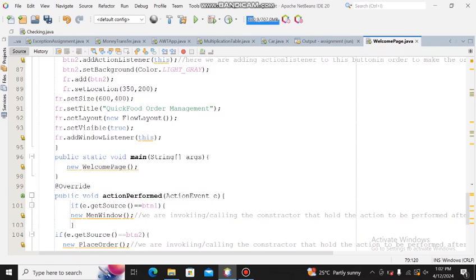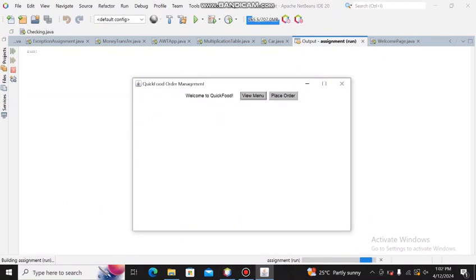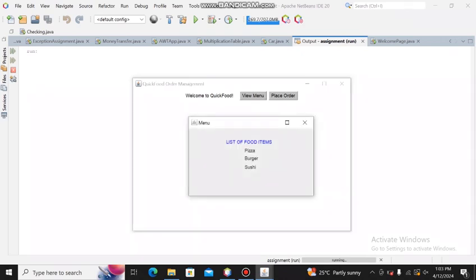Let's see the output. Here we see this frame. We are seeing that its location is in the center of our screen. And here we have the view menu. View menu contains the list of food items